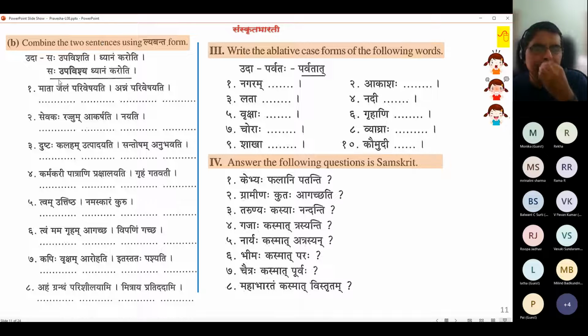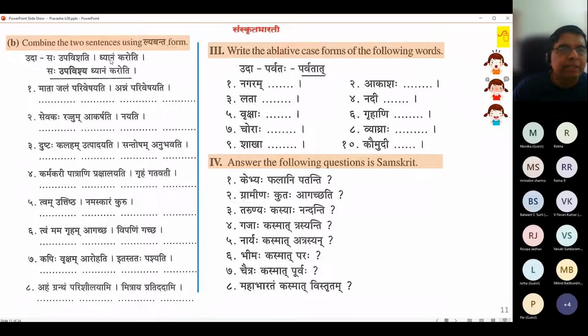So we will continue our exercise now. This time also is a pair of sentences, except this time they have given with upasarga, so that some Lyabanta practice also takes place. It's important in the exam, we won't know whether upasarga is there or not. We have to notice it carefully and do the transformations. Here it's known, everything has upasarga, so it becomes a little cakewalk. But still, how to attach the Lyabanta is non-trivial anyway. We saw for some dhatus, there is some complexity involved. So let us practice some.